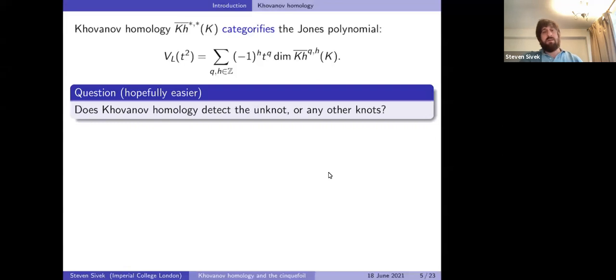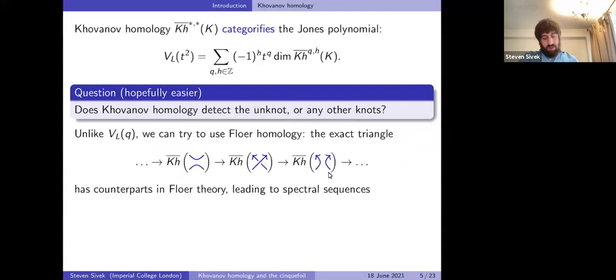So since it has at least as much information, you could ask the hopefully easier question of, does it detect the unknot or really anything else? And now that we have a homology theory, we have extra structure. In particular, this cube of resolutions just very naturally gives you an exact triangle that says if you have a